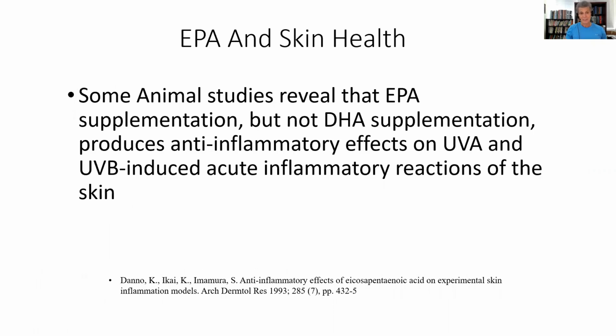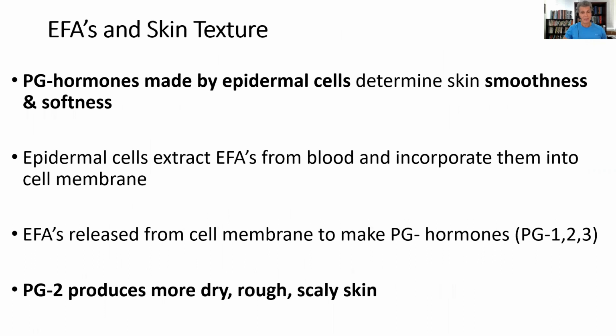And again, some experimental studies show omega-3 fats are important here, but also with skin texture. The prostaglandins made in the skin are not just about inflammation and little bumps on the skin and decreasing skin cancer, but the actual softness and smoothness of your skin is determined by the prostaglandins that skin cells make. When they make more prostaglandin series 1 and series 3, your skin tends to be smoother and softer. So when a person changes their diet and starts using essential fatty acid supplements in the right combination, often their skin changes in texture and softness